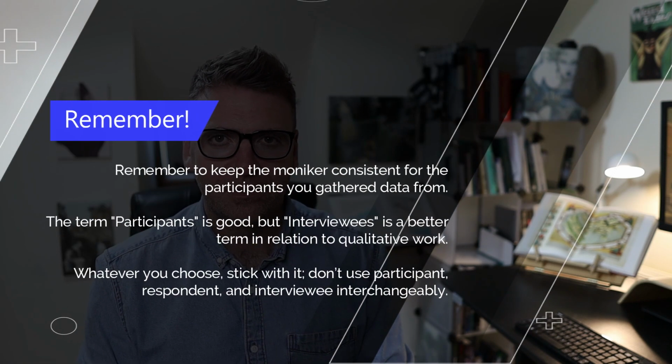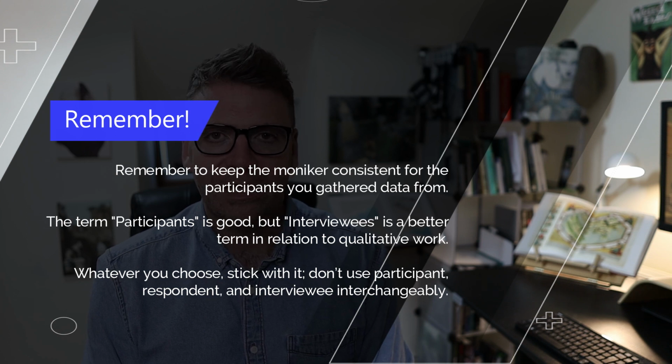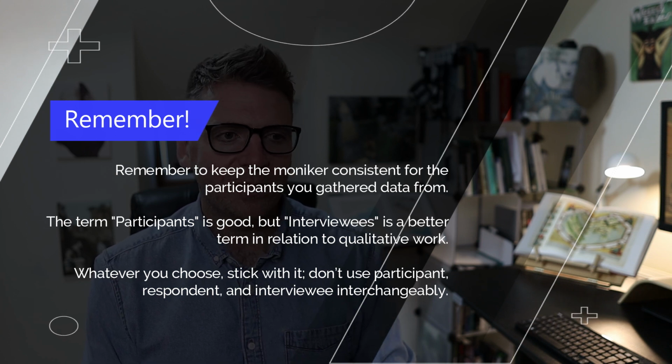Now you can have demographics also for quantitative. Frequently it's more common in a quantitative type thesis, but you can also introduce some demographics at the beginning of this findings chapter. You can mention, especially if you're using pseudonyms, that participant 1 works at this company or holds this role, and you can mention their age or location, but only if it's relevant. Don't mention if someone is 35 and it has nothing to do with the study, it's irrelevant information.